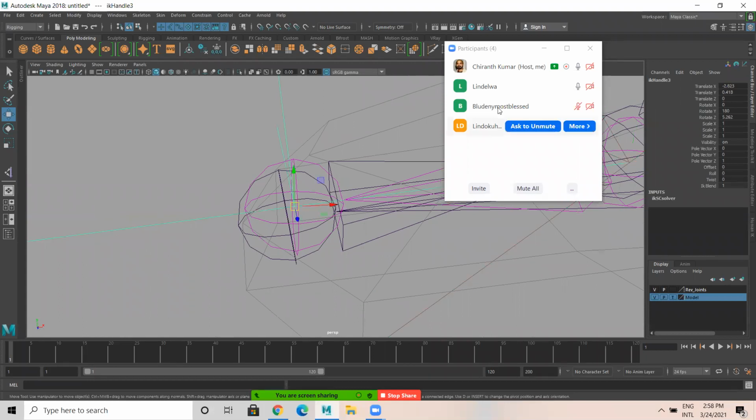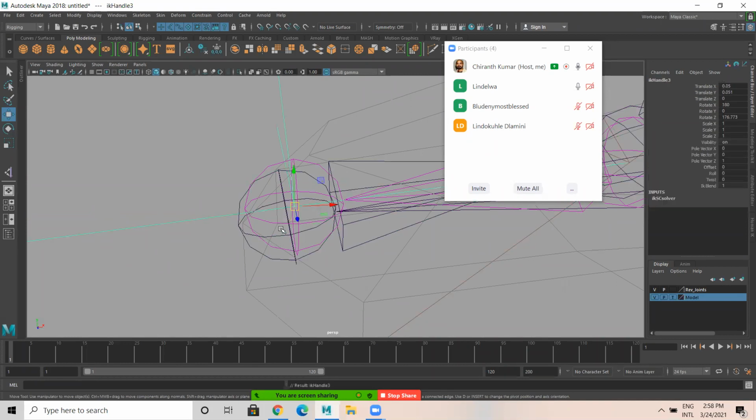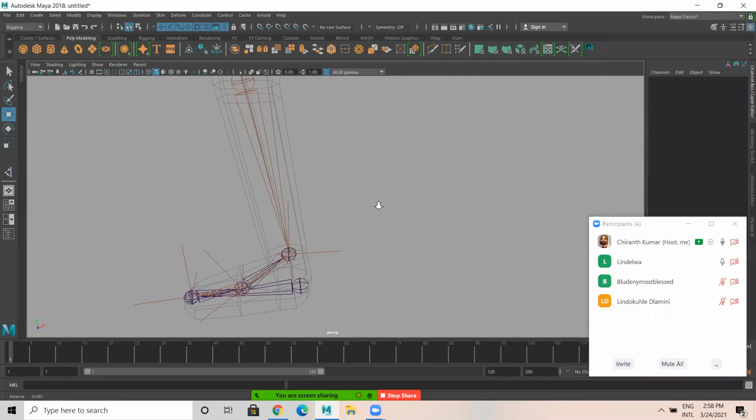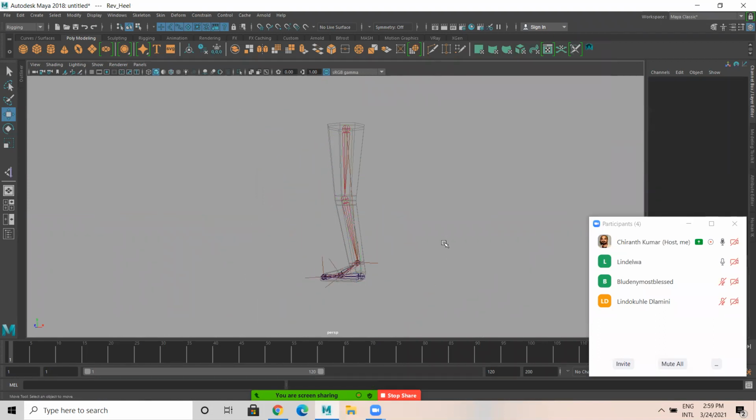Now select the toe IK handle and shift select the reverse toe joint, P for parenting. Now, once this is done, select the heel joint. See, it's like this. Any doubts up to here?